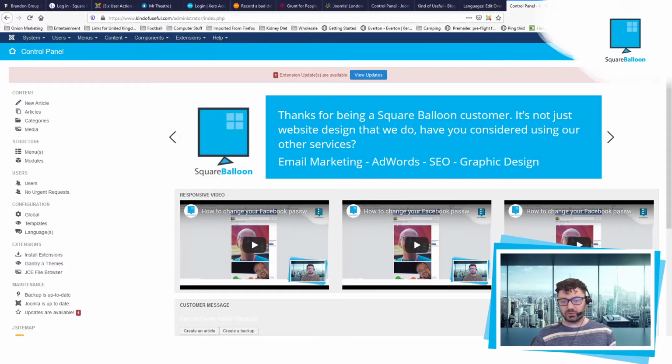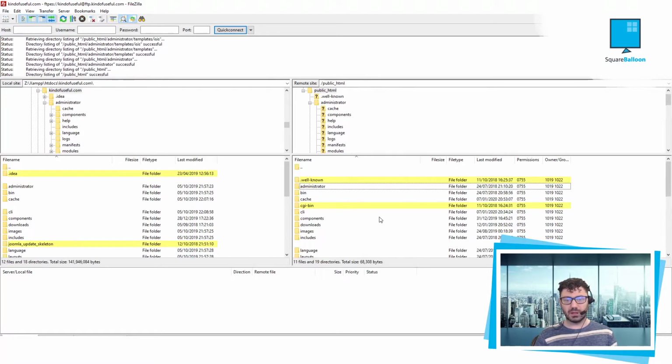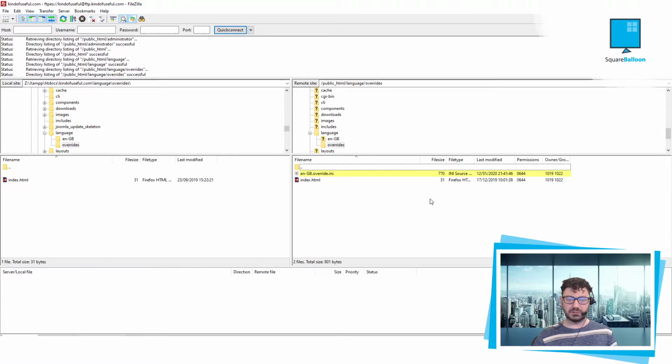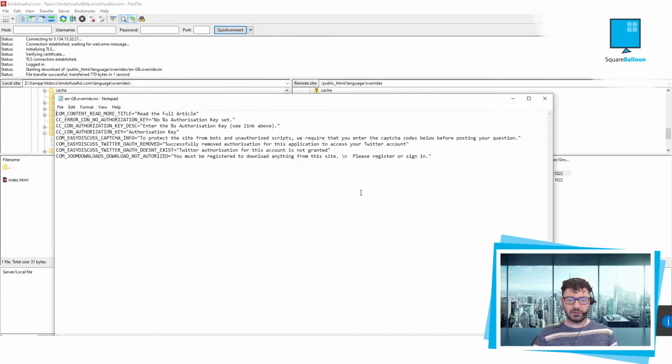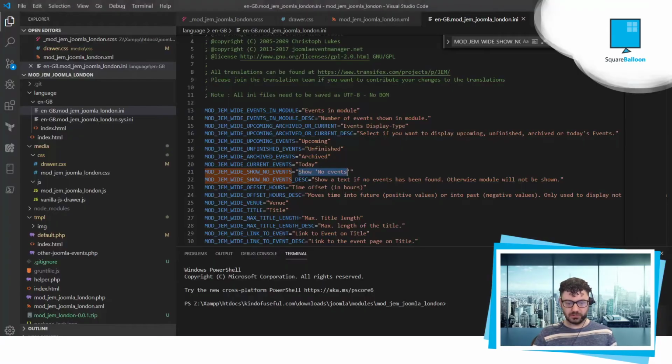So let's show you where they're all saved. So I'm in my FTP, and I'm going to go to language, and it's in overrides, and I've got this .ini file as I was showing you previously. And now if you look, perhaps I should open it in a code editor instead. And if I whack it up there,